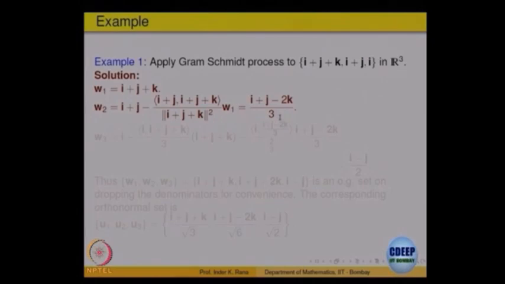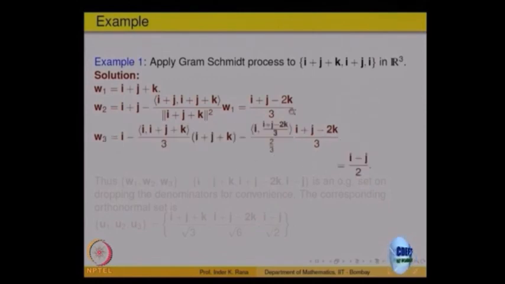Once you do the computation yourself, you will get it. Okay. What is the third one? How do you get the third one now? W1 and W2 have been constructed. So, how do you get W3? Look at the third one, that is my i. From that, I have to remove the sum of the projections on the earlier ones. What are the earlier ones? W1 and W2. So, let us remove the projection.